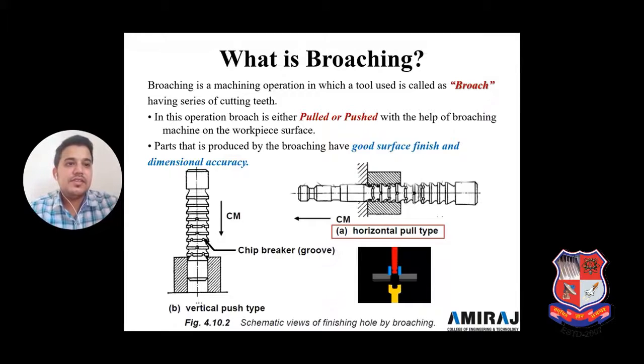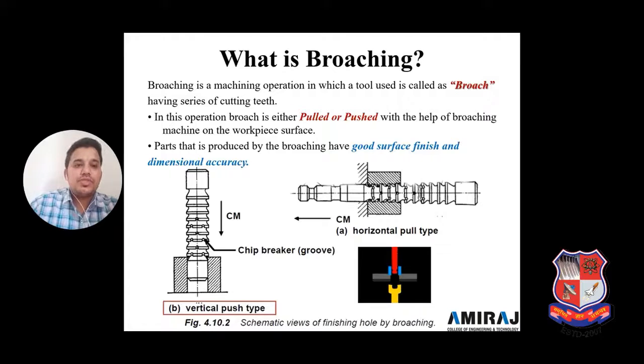And the second one is the vertical push type. When we are applying force from the upper side, it is considered a push type. We are pushing inside the workpiece. The workpiece will be fitted in a vise on the table, and we are applying force from the upper side. Okay, there are different types of forces, as I discussed earlier. So it is one kind of groove operation that we do by using a broach tool.